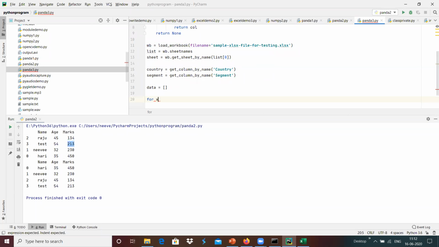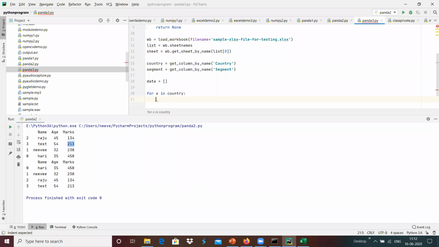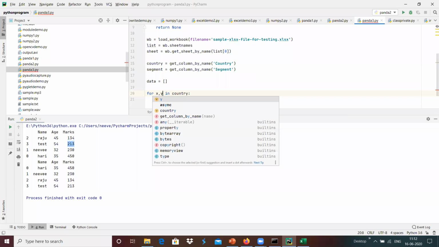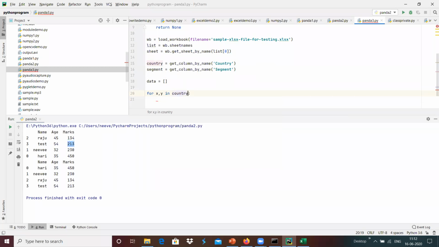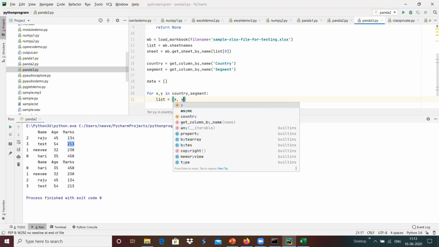For x in country, and we can add for x, y in country, segment over here, and use list equals x, y.